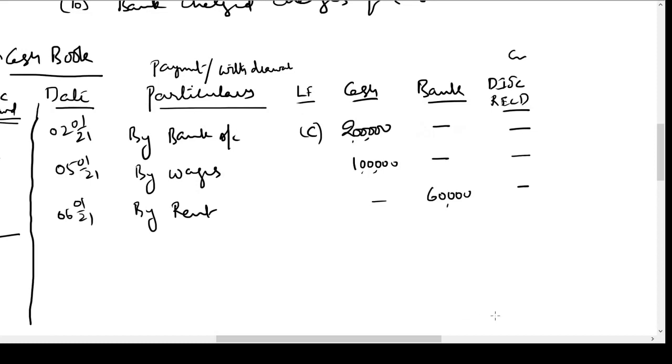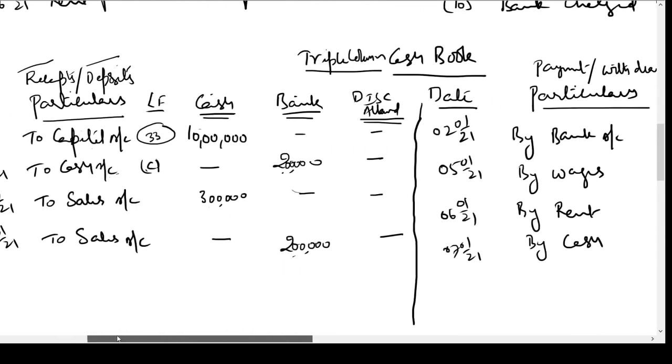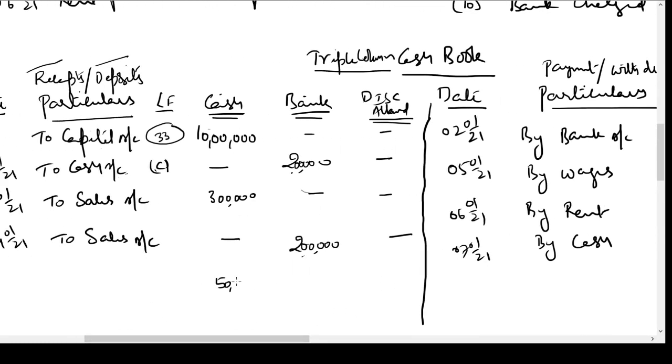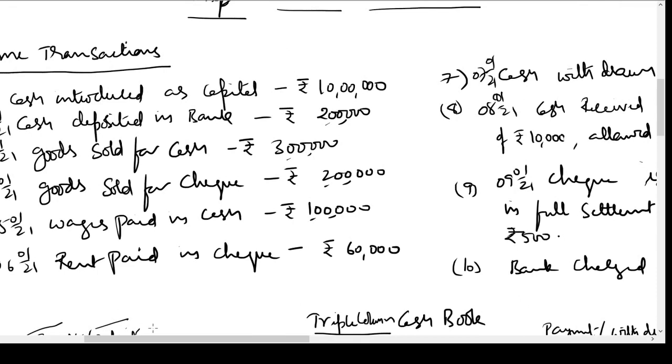It is a withdrawal from the bank 50,000. What are we withdrawing? We are withdrawing cash. What is the date of the transaction? 7th January. I'll write C here because the opposite posting will be completed here. And in the cash column, I'll write 50,000 on the receipt side because we are receiving cash. From where is the money coming? It is coming from bank. Date of the transaction is 7th January 21 to bank. Next,